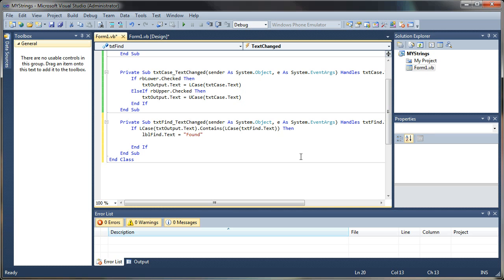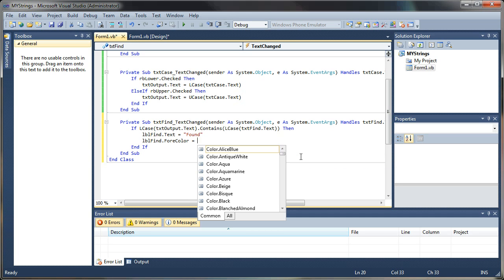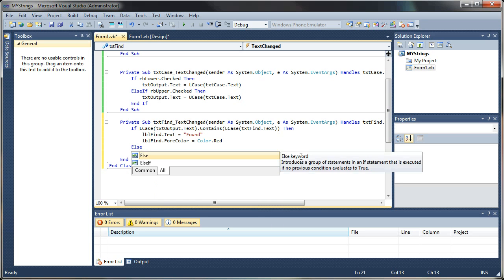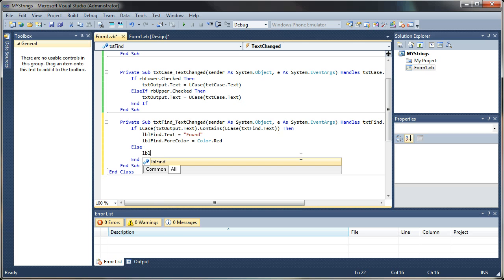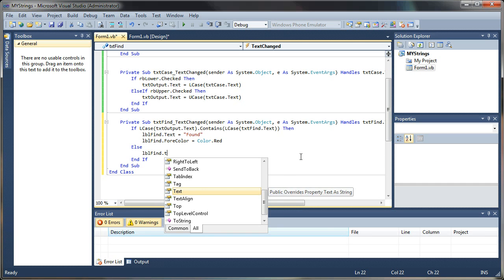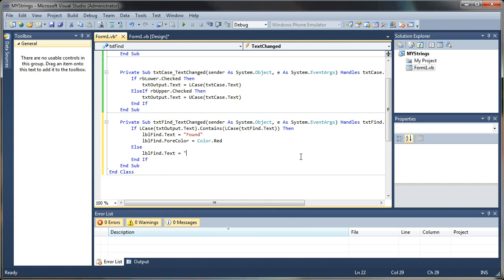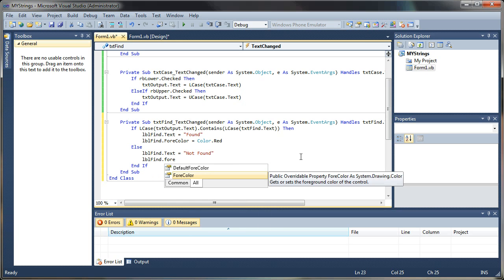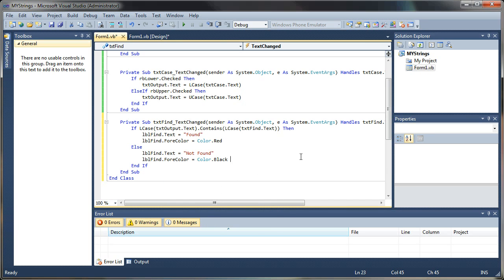And we can do something fun as well. We'll say lbl find dot forecolor equals red. Okay. Otherwise, if it's not found, we'll say lbl find dot text equals not found, and we'll change the color back to black. Alright,